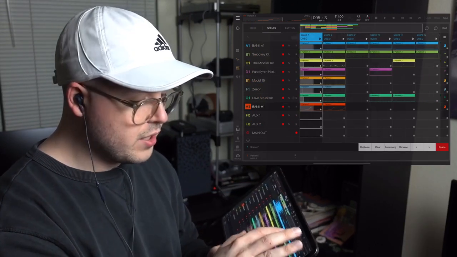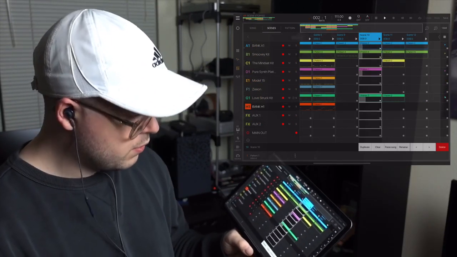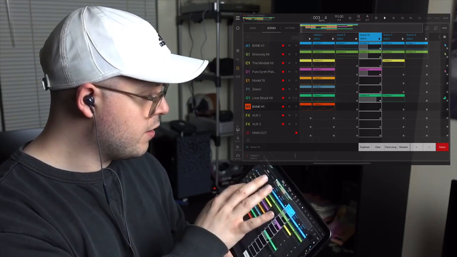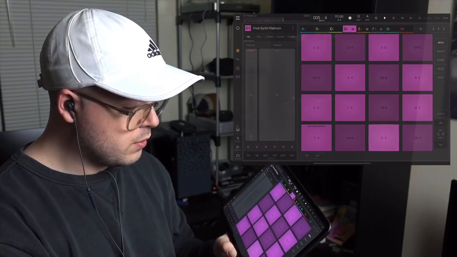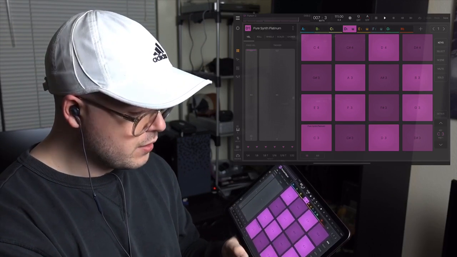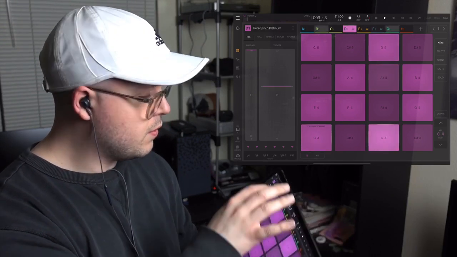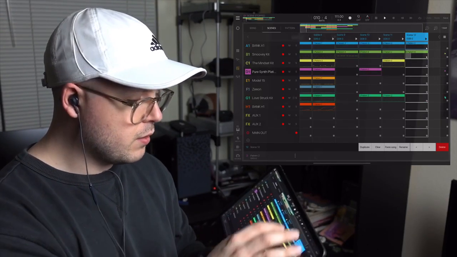Then I go to that jammy part, layering on some extra piano with the Pearson Platinum. You can see it playing here on these pads. Finally, back to